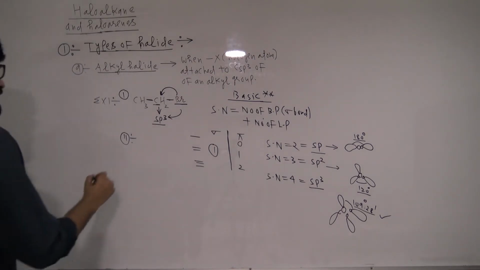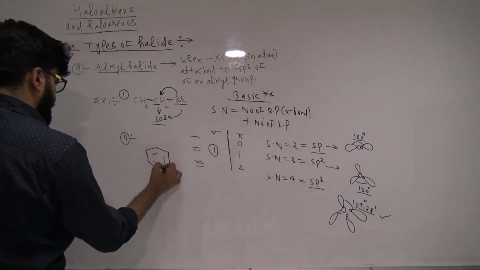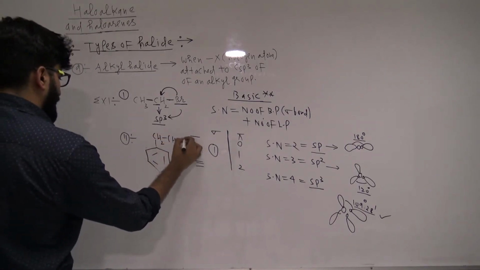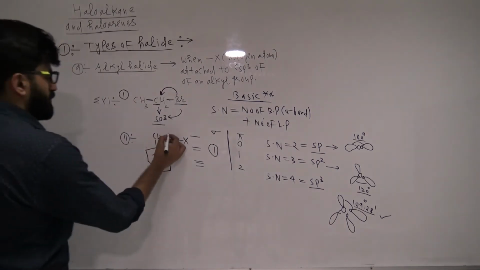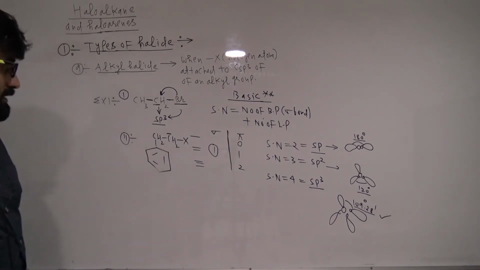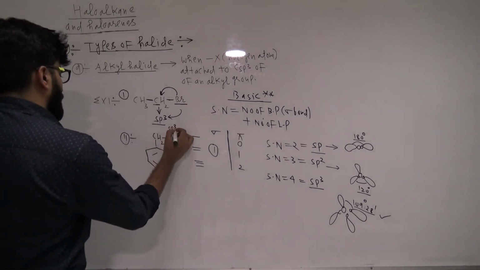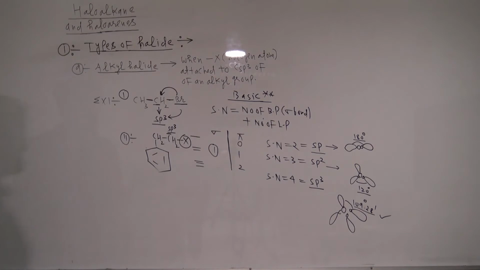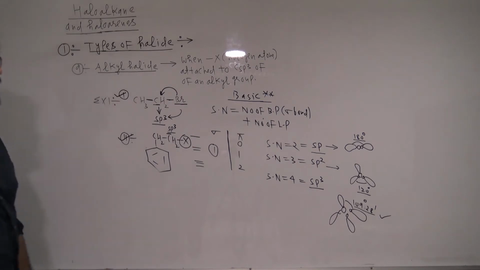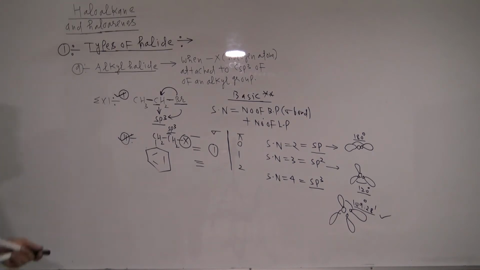Okay, the next example I will take like this. Suppose we have CH2 and X. Here the halogen is attached to this particular carbon. Can you tell me its hybridization? Count the sigma bonds that this carbon is forming. This carbon is forming 4 sigma bonds, so hybridization is sp3. So here also the halogen is attached to an sp3 hybridized carbon of an alkyl group, so we also call it alkyl halide. This is how we are going to identify alkyl halide. The method is very, very simple. Okay, so this is about alkyl halide.